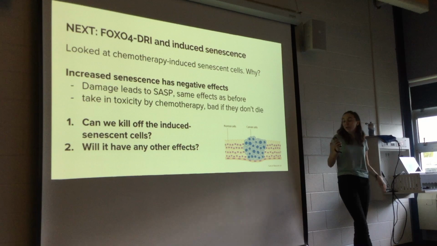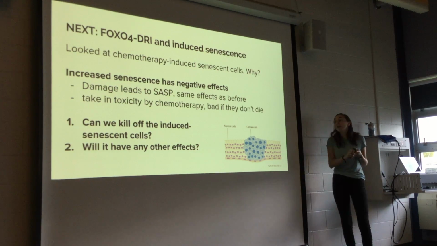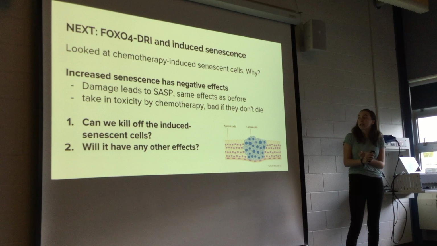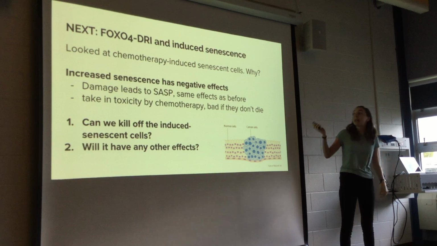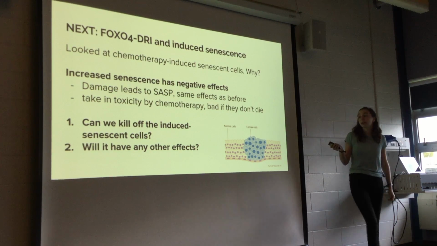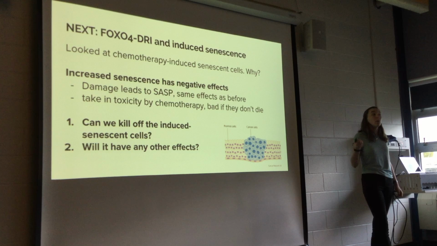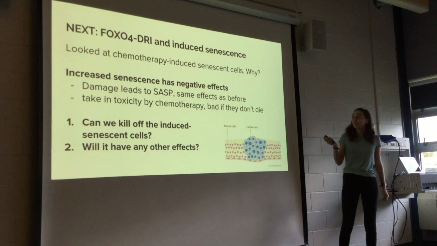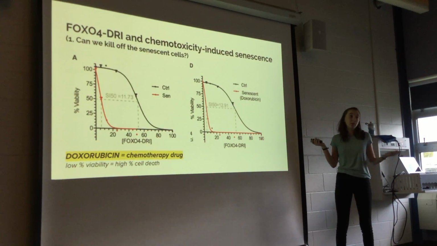So the researchers wondered, first of all, could we even kill off the senescent cells that are induced because of chemotherapy, whereas before they were just looking at naturally old age senescent cells? So can we even kill off the senescent cells in the first place? And if we do, what effects will it have on the body? So to answer the first question, can we even kill off these